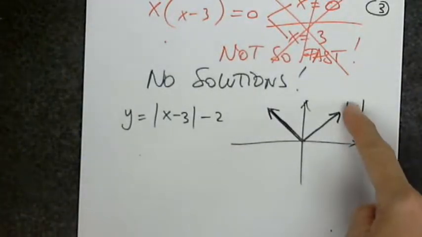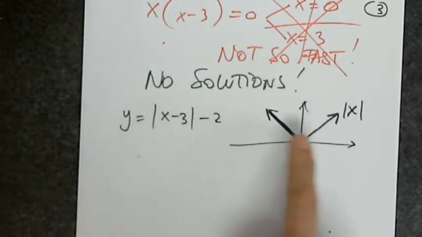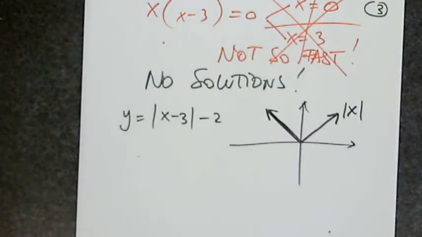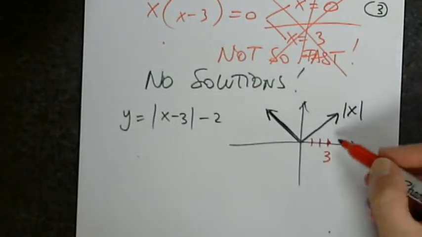I'm changing x into x minus 3. It cannot be up and down. When I change x into x minus 3, it can be left or right. So where does it go? It goes to the right at 3, exactly. So right here at 3,